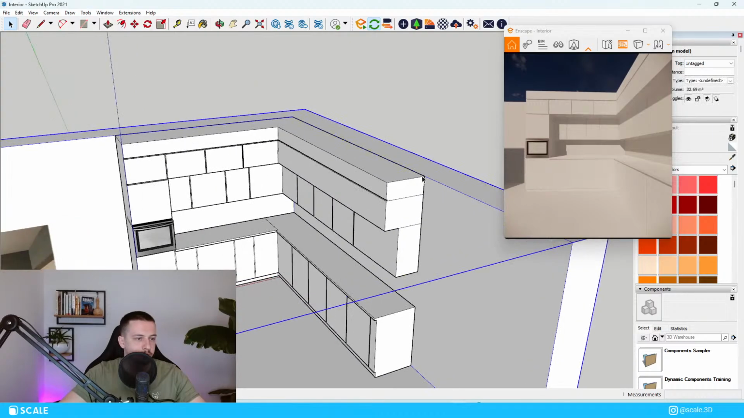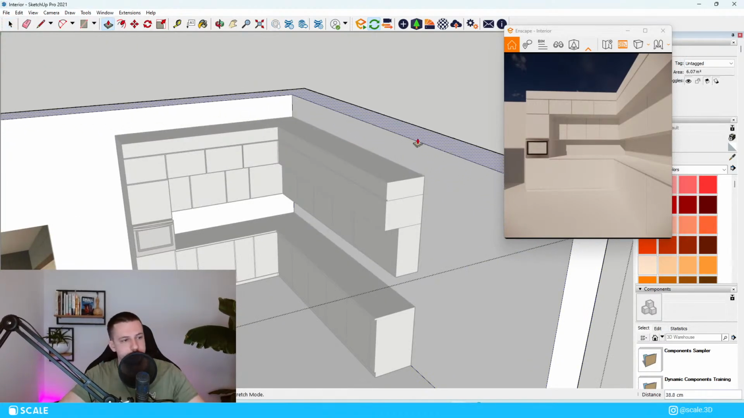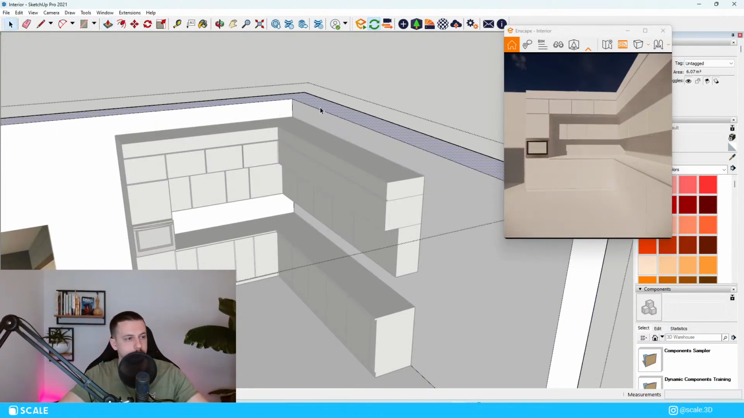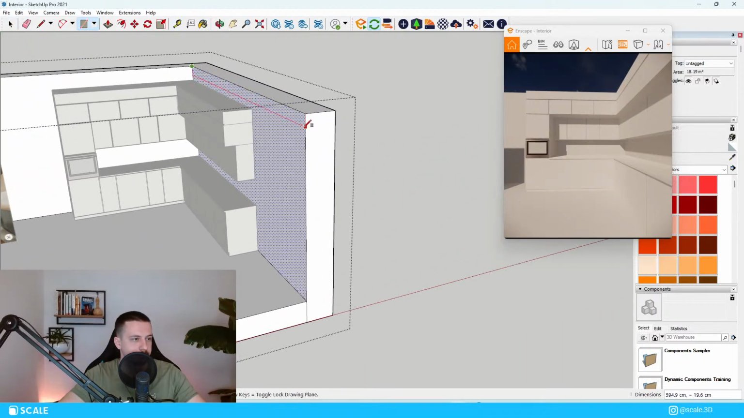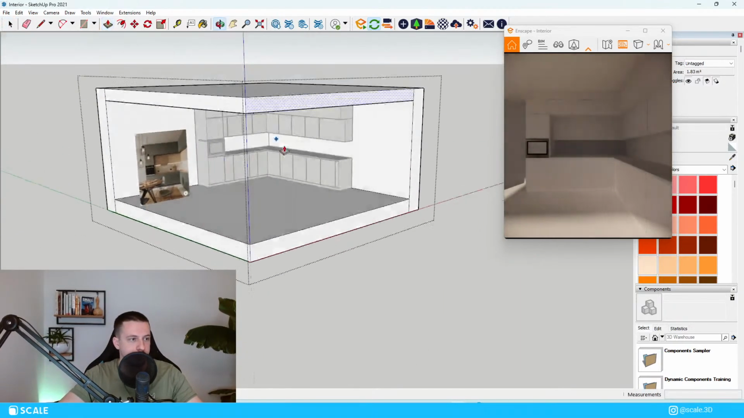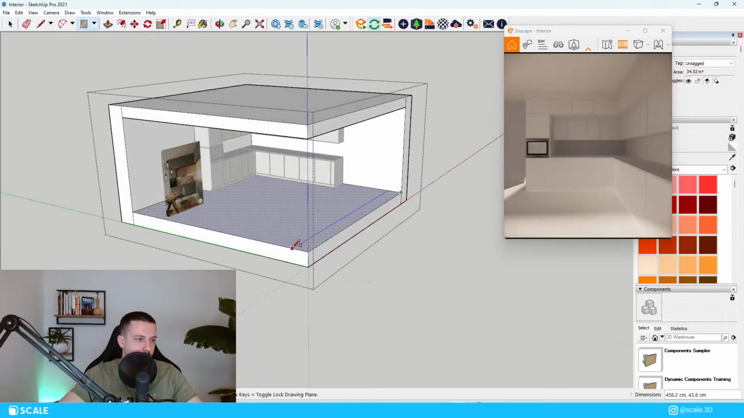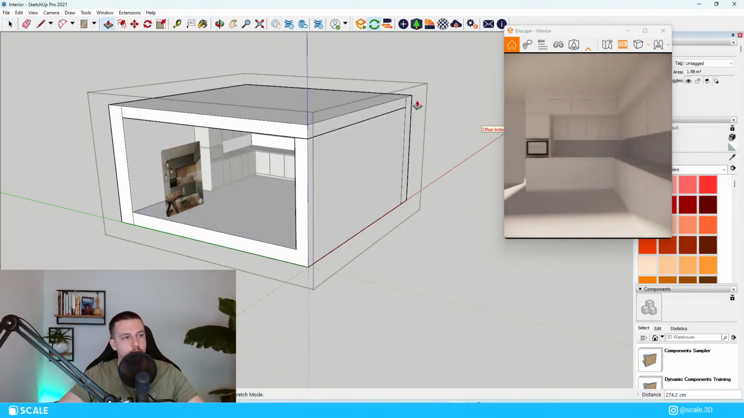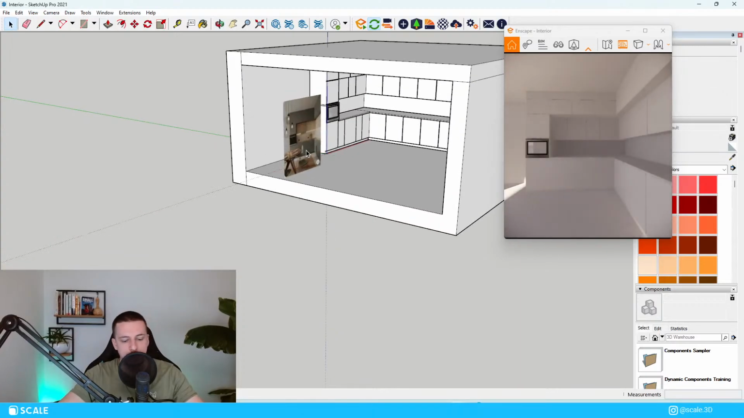I'm gonna make a group of this. I'm gonna push this upwards, and then create a rectangle from here. So this will be the ceiling of our image. I'm going to close this down, and then what I will do is I will act as if we have